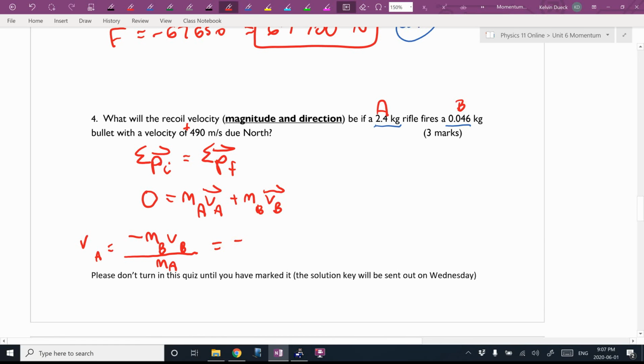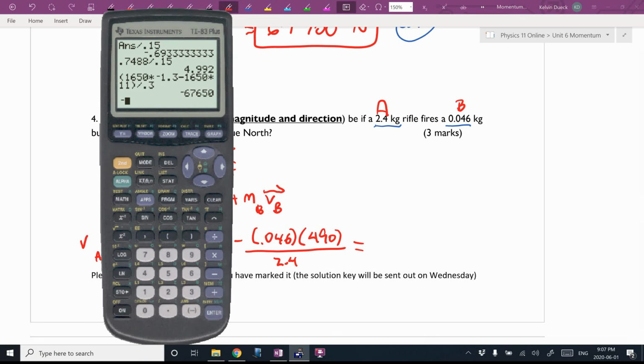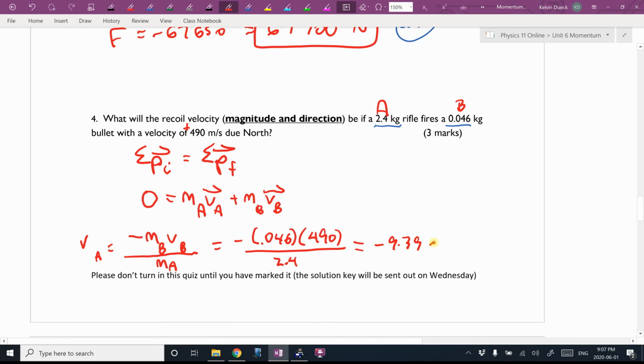It's going to be negative 0.046, positive 490, divided by 2.4. If I get a positive answer, that'll be north. I'm going to get a negative answer, as I should, because if the bullet goes north, the rifle recoils south. I get negative 0.046 times 490 divided by 2.4. And I get negative 9.39, equals 9.39 meters per second